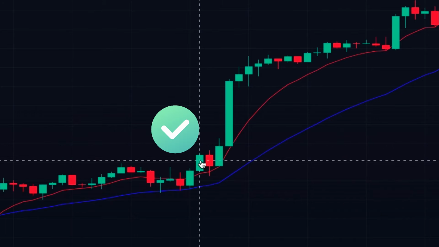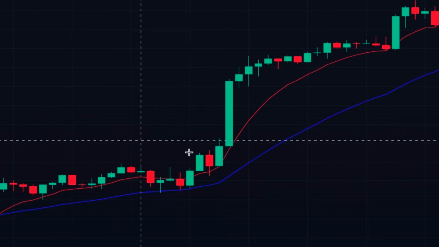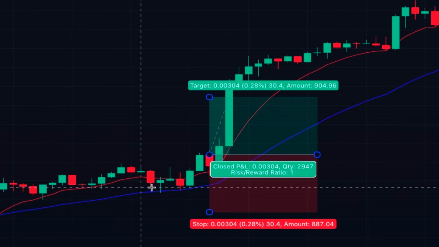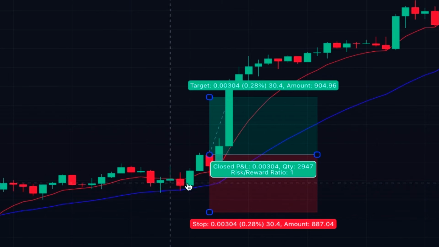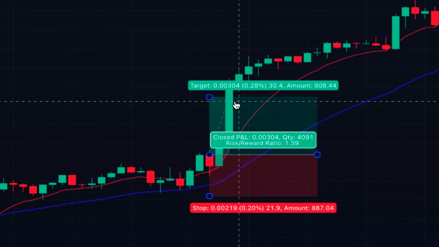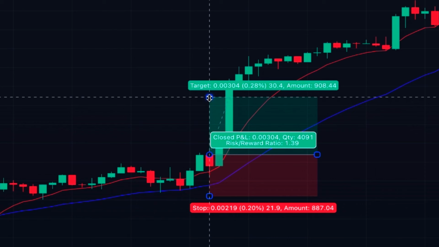So here the signal is confirmed and we can enter a long position at this point when this new candle is opened. The stop loss should be placed below the low of the trigger candle unless the candles after that have a lower low. So basically we set the stop loss below the previous swing low, and for the profit target, if you intend to take short-term profit, you can set it in advance at the level that makes risk to